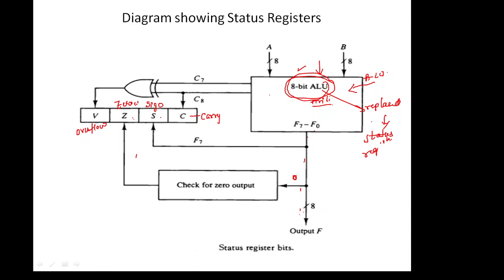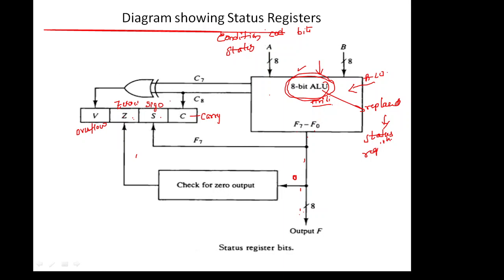Status bits are also called condition code bits or flag bits. They tell the status of each and every operation, and that is the reason we say they are condition code bits or status bits.